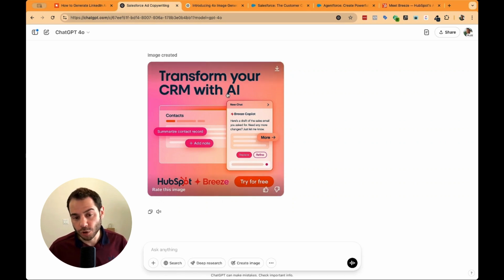So this just shows you could take your UI screenshots, dump them into ChatGPT, and then quickly generate product ads on LinkedIn. Very good, very powerful for B2B SaaS companies. Product ads are great. This is a way to iterate very fast with them. Dump them in here. All right, that was a quick run-through on how you can generate LinkedIn ads with